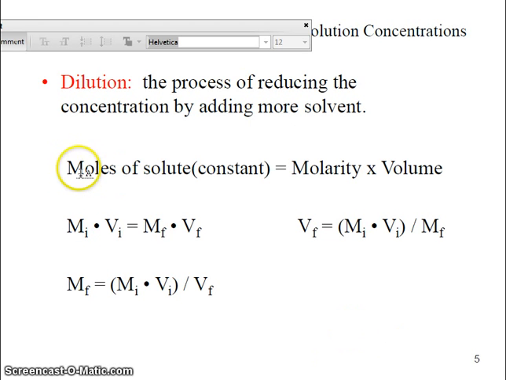And that's what I say here, that moles of solute are constant, and so the initial molarity times the initial volume should be equivalent to the final molarity times the final volume. And if some of these are given and the others are not, you can